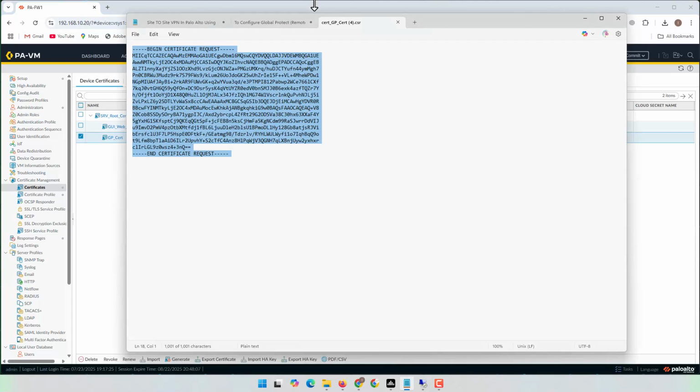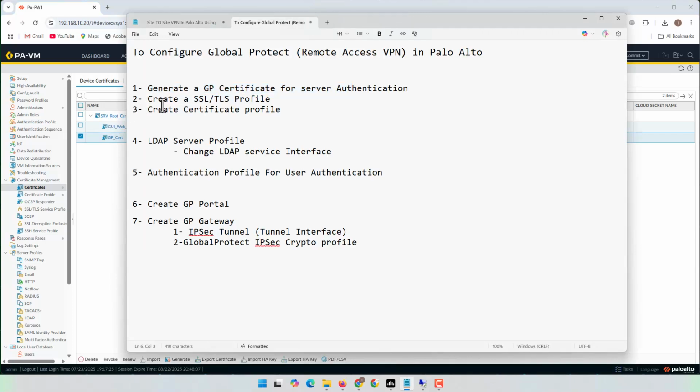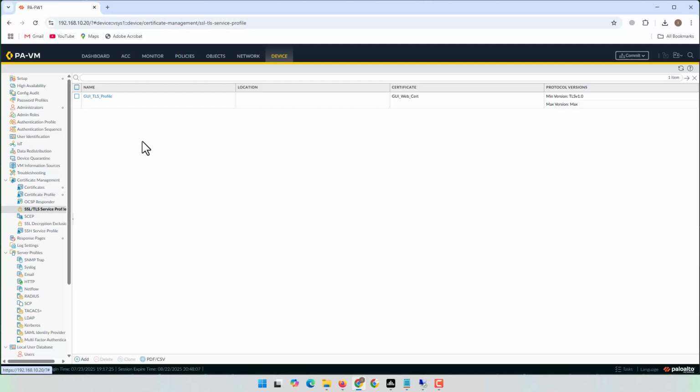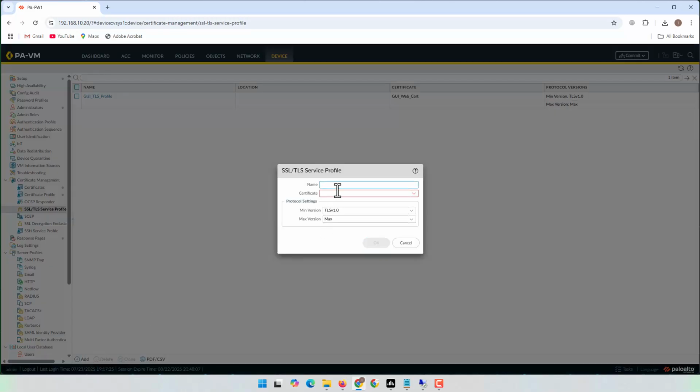Next step is to create an SSL/TLS profile. We need to create one and then attach this certificate to our SSL/TLS profile because during the configuration of the gateway and also the portal we need that. Let's create one. I'm going to name it GlobalProtect TLS profile,